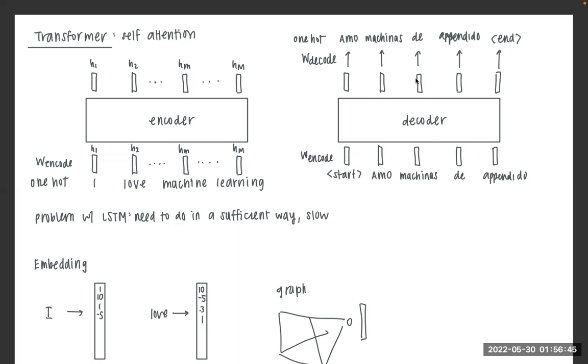Finally, you output a vector, which is contextualized by paying attention, collecting information from the previously generated vectors, but also paying attention to the final layer of vectors, the final updated vectors produced by the encoder,